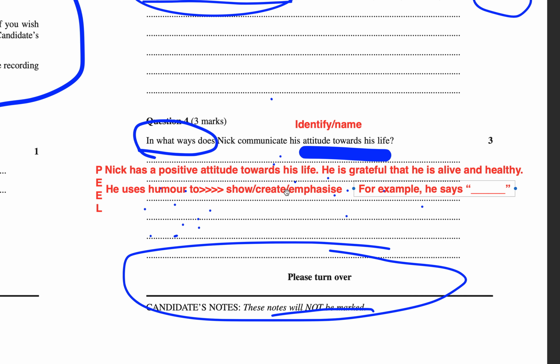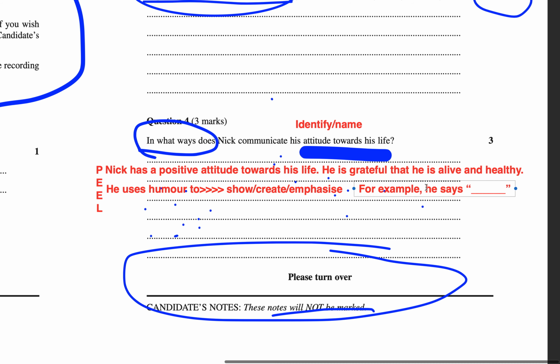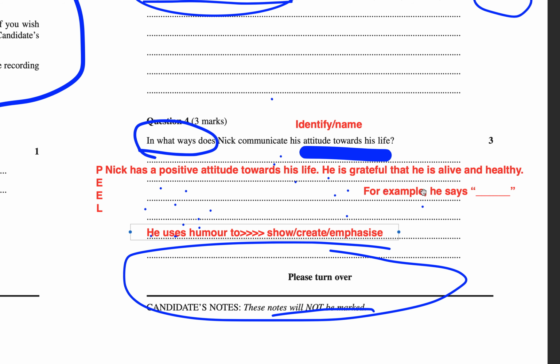To show, to create, to emphasize, and so on. For example, he says, and that's your evidence. I personally like to put my evidence first. For example, he says, and then I put the quote. Your quote does not have to be an entire full sentence that he says, because obviously you won't be able to remember it. It can be part of a sentence, or if your technique are things like